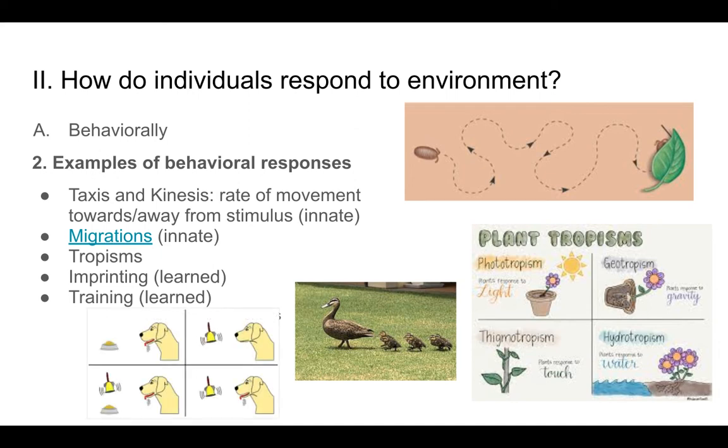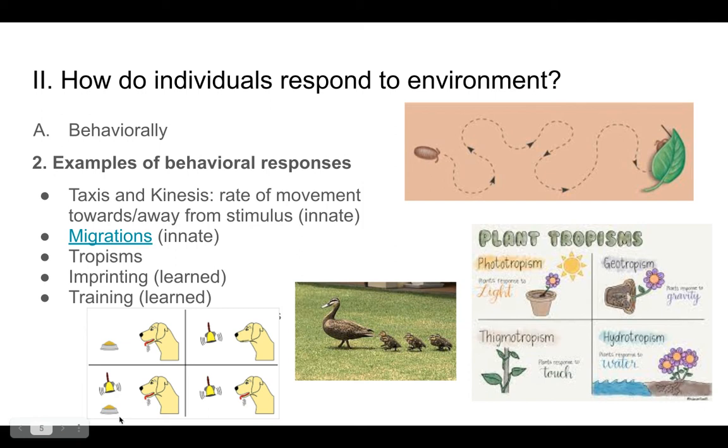And this picture shows sort of the start of his experiment and how he worked it. So he first introduced a dog to food, and the dog's natural response was to salivate or drool. Then he took the food away, came back a different time, rang a bell, and noticed the dog does not drool. So his whole experiment is, can I get the dog to drool in the presence of just the bell alone? And so he worked through a conditioning process where he presented the dog with food and the bell at